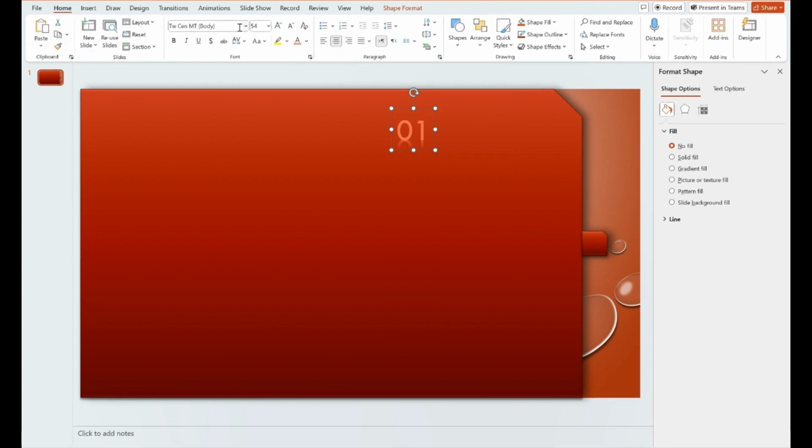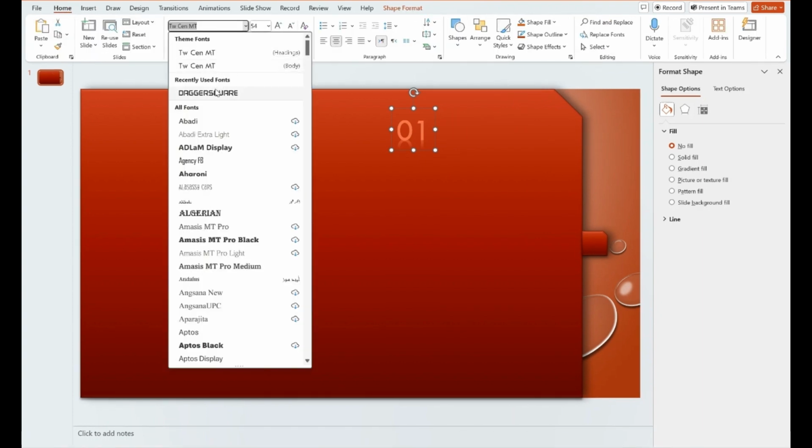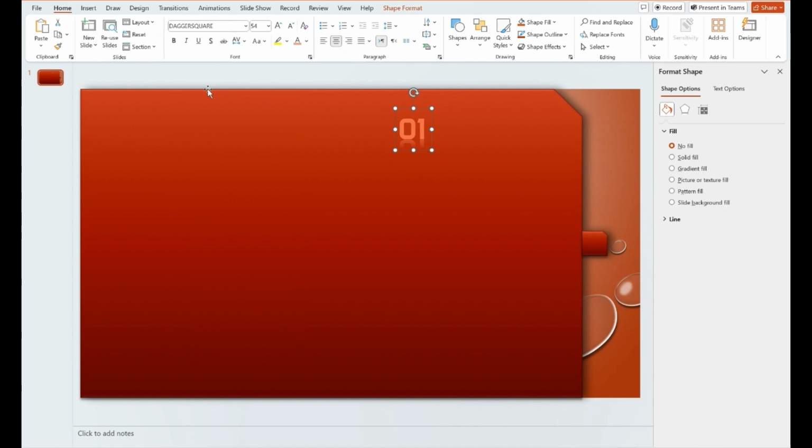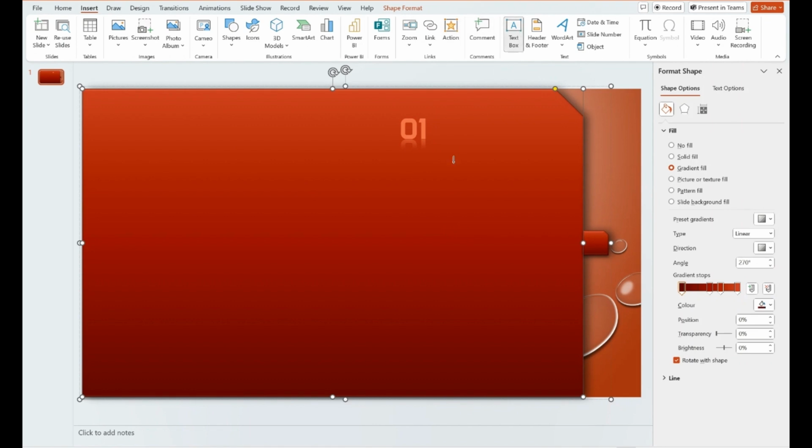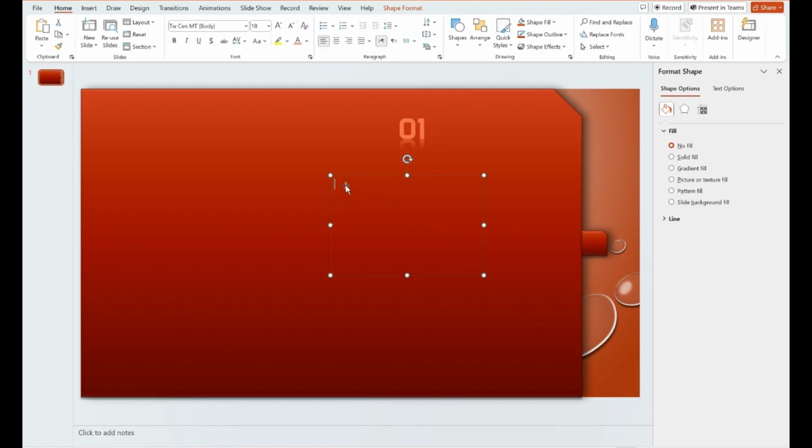Under the Home tab, in the Fonts group, change the font style to Dagger Square. And set the font size to 54. To save time, I'll paste the pre-written text directly from notes into the slide. Go to the Insert tab, select Text Box, and draw a text box on the slide and paste the copied